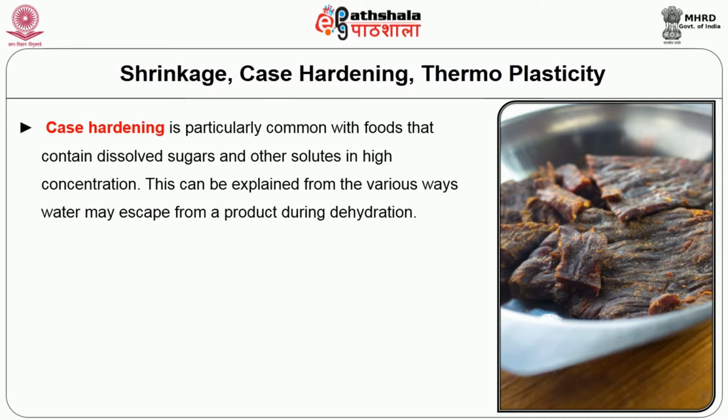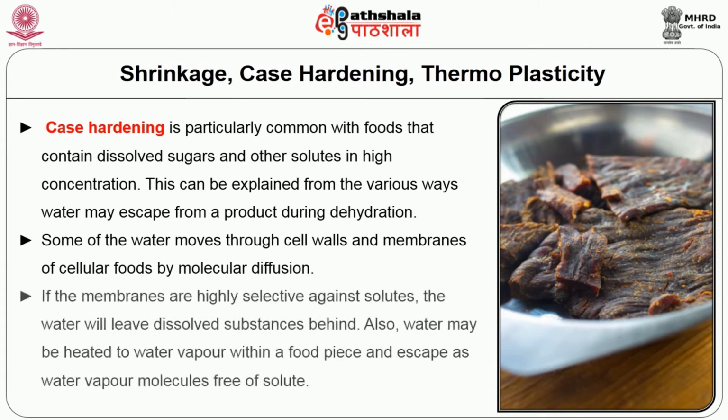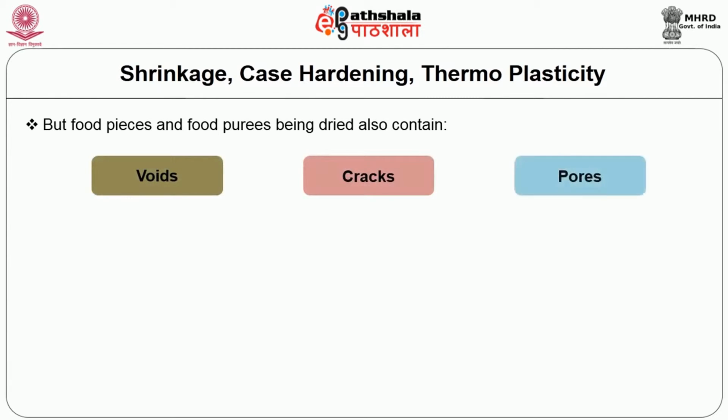This can be explained from the various ways water may escape from a product during dehydration. Some of the water moves through cell walls and membranes of the cellular foods by molecular diffusion. If the membranes are highly selective against solutes, the water will leave dissolved substances behind. Also, water may be heated to water vapor within a food piece and escape as a water vapor molecule free of solute. But food pieces and food purees being dried also contain voids, cracks and pores of various diameters down